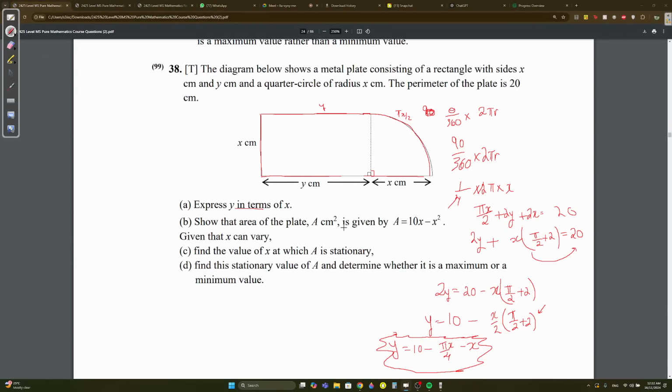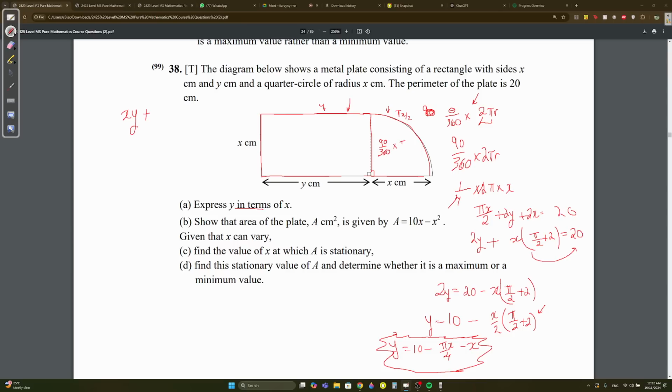Show that the area of the plate A centimeter squared is A equals 10x minus x squared, given that x can vary. The area of the plate is equal to the area of this rectangle plus the area of the sector. The area of the rectangle is length times width, so it's going to be x times y, plus the area of the sector. Same formula here, except instead of finding circumference, we're now looking for area. So we're going to do 90 over 360